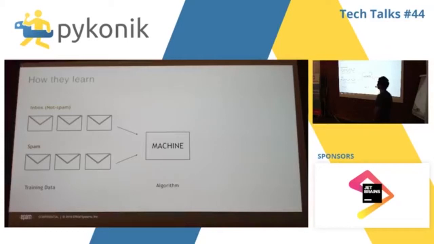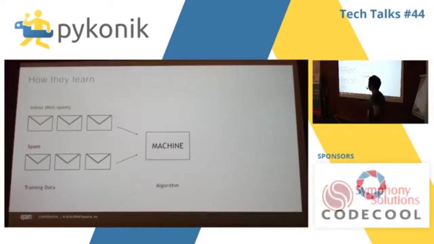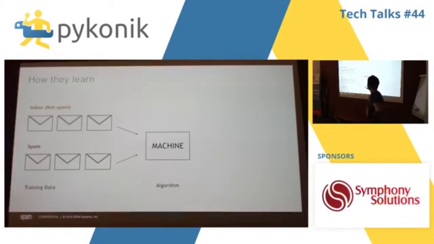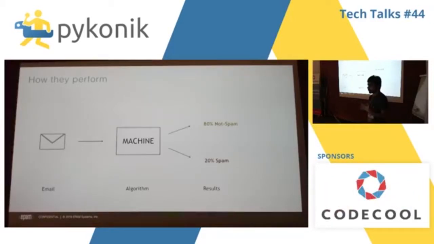So how do they learn? First, we need some training data to teach the machine how to classify. So we are labeling the emails first. Hey, this is not spam. This is spam, or these emails should be labeled as spam, and this is called training data. And we are giving that to the program. After that training data, after that teaching process, the machine gives us some values.